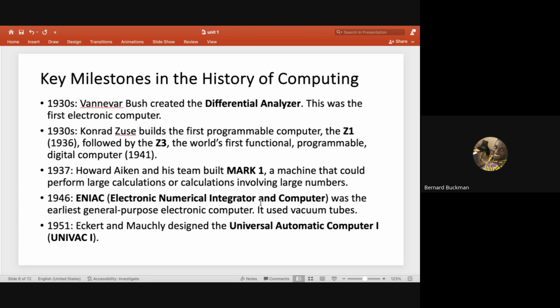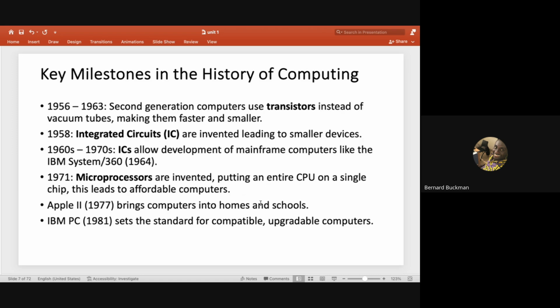Then we had people like Eckert, Presper and John Mauchly. They built what we call the UNIVAC 1. And we have other developers and other technologies come up, for example, transistors, which reduced the size of computers. Integrated circuits also contributed to the smaller devices we have today, ICs, very large scale integration, and all sorts of technologies. But around the 1980s, we had the first IBM PCs, and the Apple computers began to come off the processing line. And so computers have come a long way.